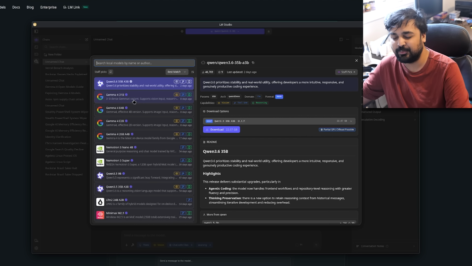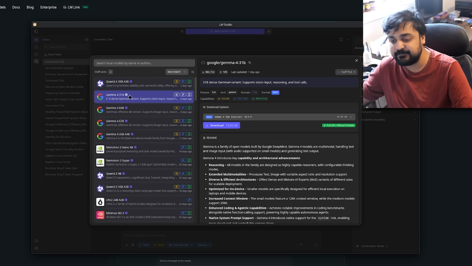Now, how many resources do you need to run something like a 31 billion parameter model? Well, surprisingly, you need a fair bit of VRAM. So how do you figure out how much VRAM you have? Well, you identify what your GPU is in your computer, and from there you can do a simple Google search and check online and see how much VRAM you have. Or you can download something like GPU-Z or a GPU monitoring tool like I have and just check through there.